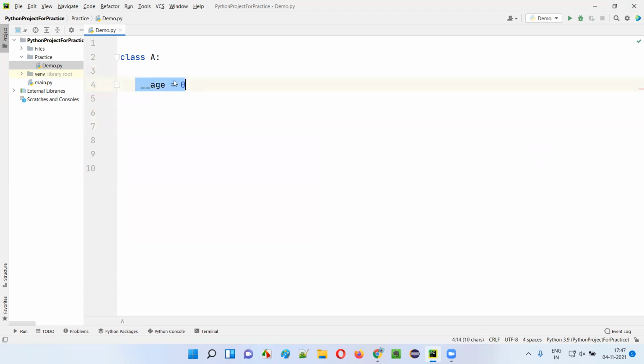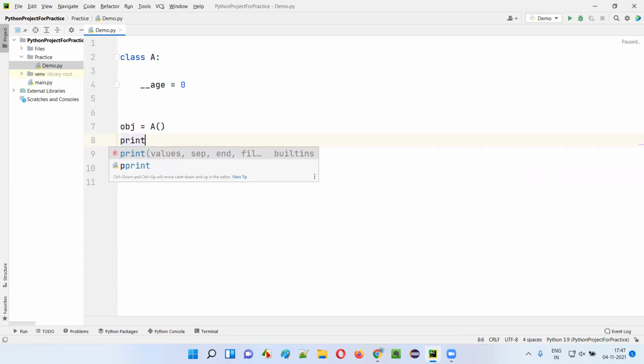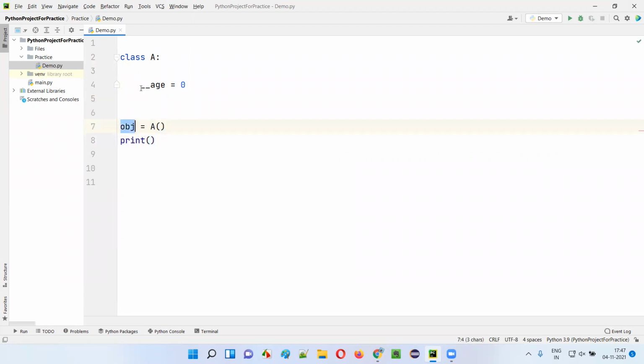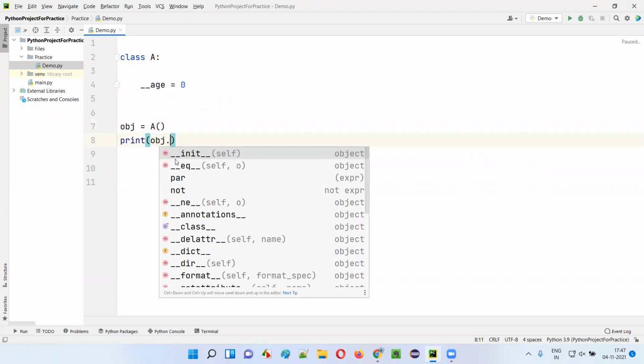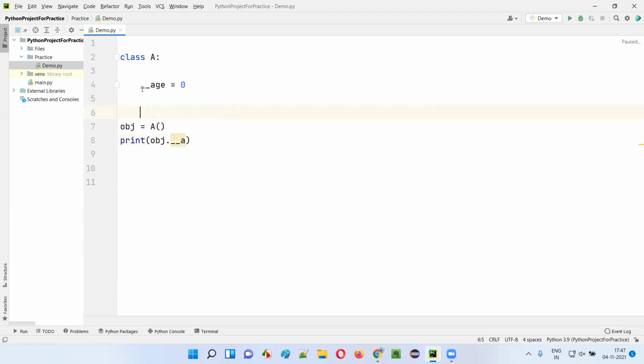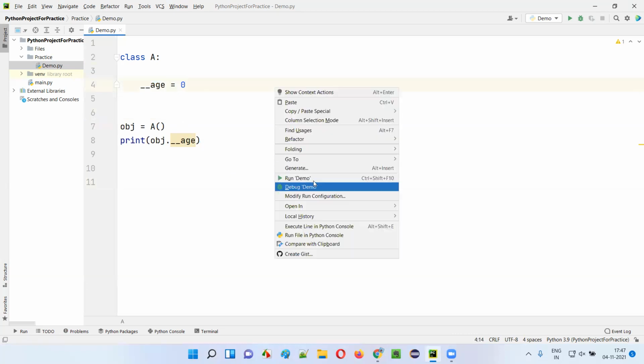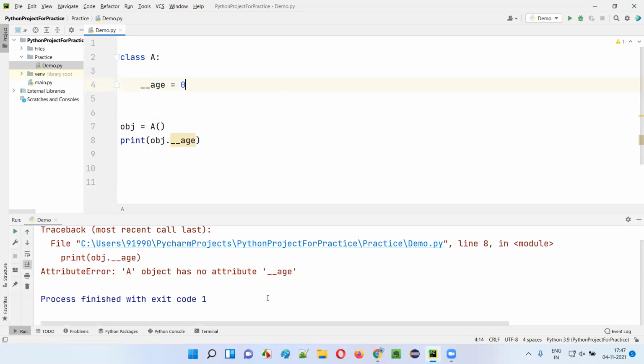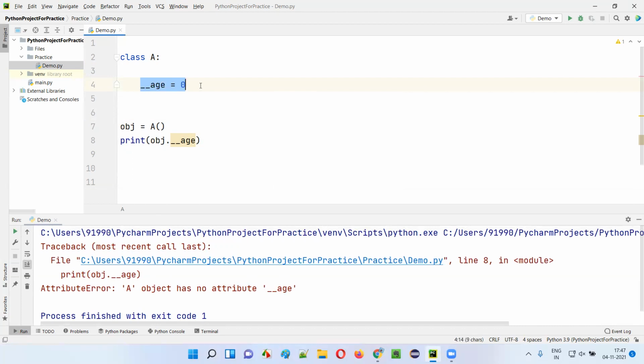How can I access this particular variable outside the class? First, I need to create an object for the class, right? Like this, I'll create an object for the class and assign it to some object reference. And using the object reference, if I try to access the private variable, that is underscore underscore age here, and run this code, you will get an error in the output because this is a private variable.